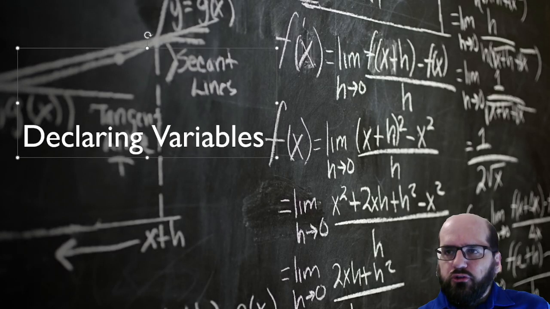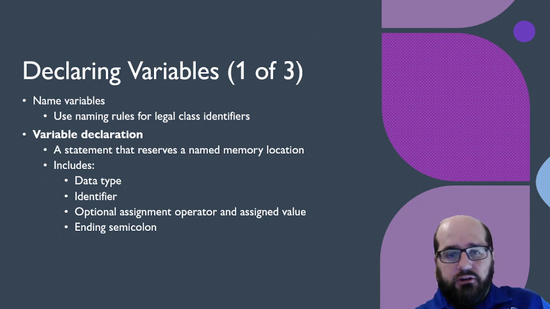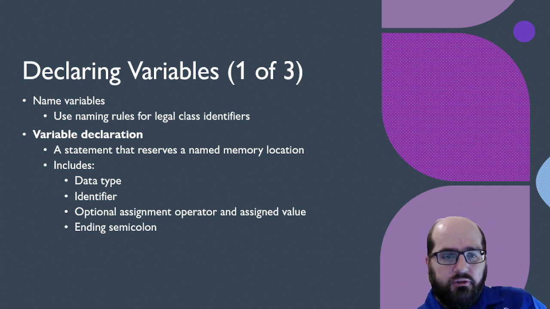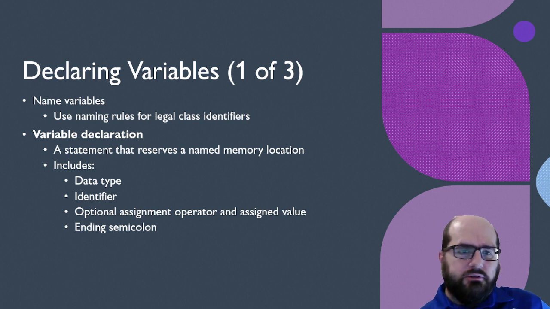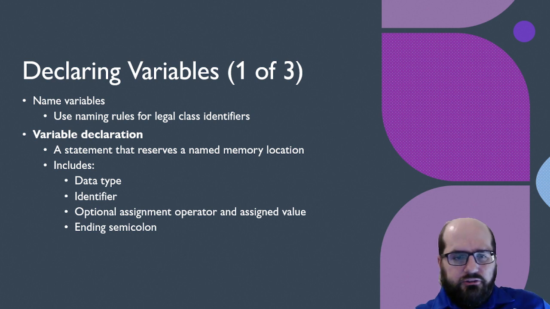So then how do we declare variables in Java? Well, a couple of things we need to note. We need to try to use naming rules for legal class identifiers. So obviously if it's illegal, it won't actually work. But also we need to follow naming conventions when possible. We declare variables in a way that includes the data type, the identifier, the assignment operator, the assigned value, and